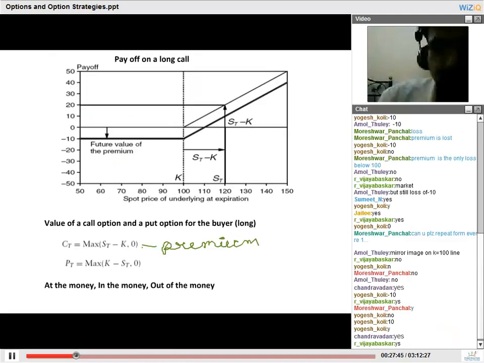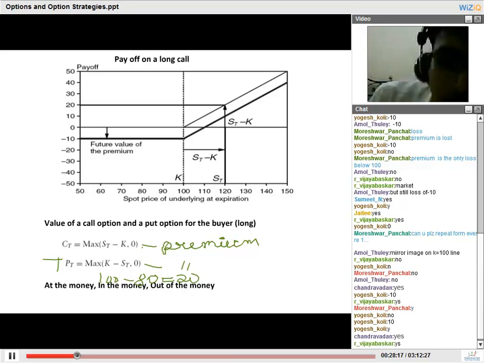But before that, let's verify if this formula is correct. It says that the payoff, or the incremental payoff excluding the premium, on a put option is given by maximum of K minus ST, 0. That is the difference between the strike price and the spot price. So in case the spot is at 80, he will make a benefit of 20 rupees. So if I have to calculate the total payoff, it will be max of K minus ST minus the premium